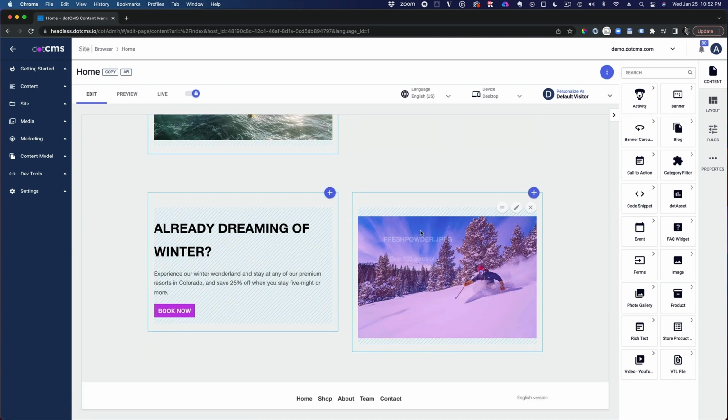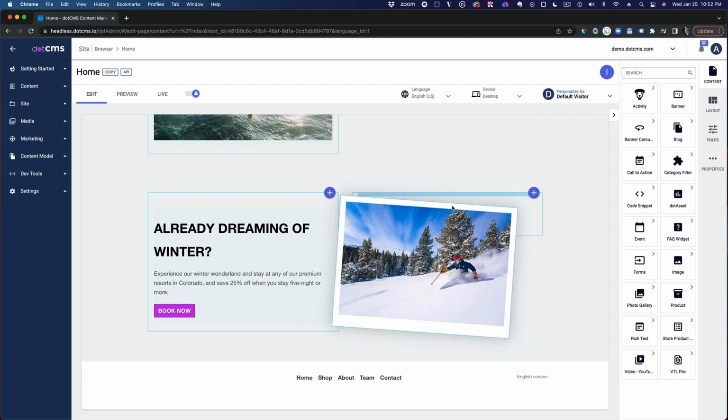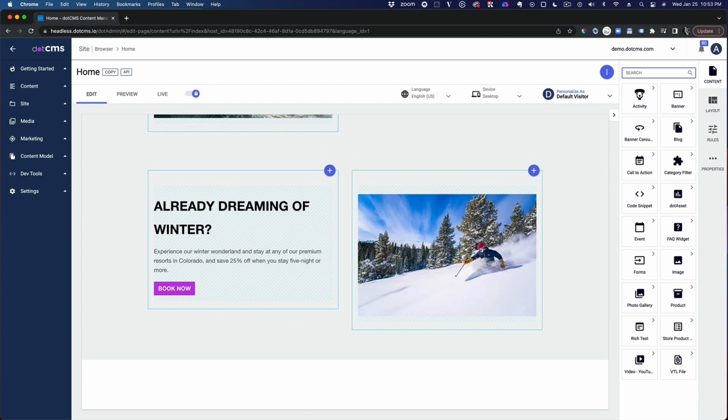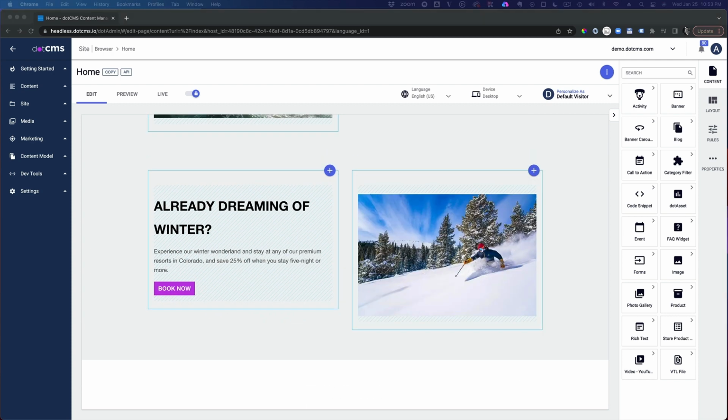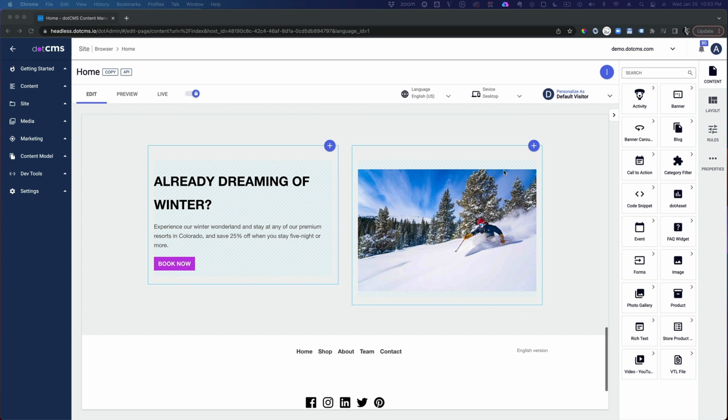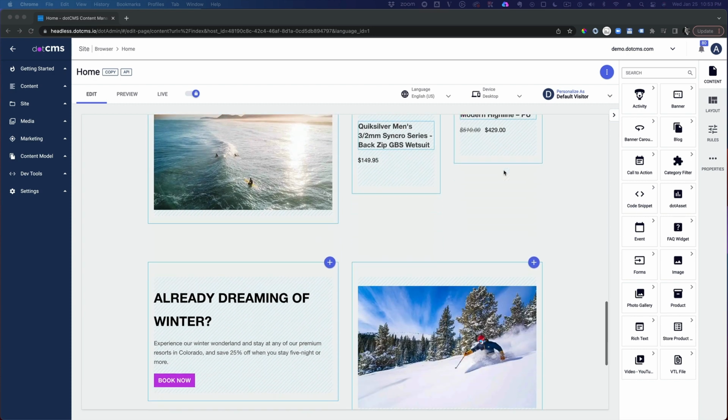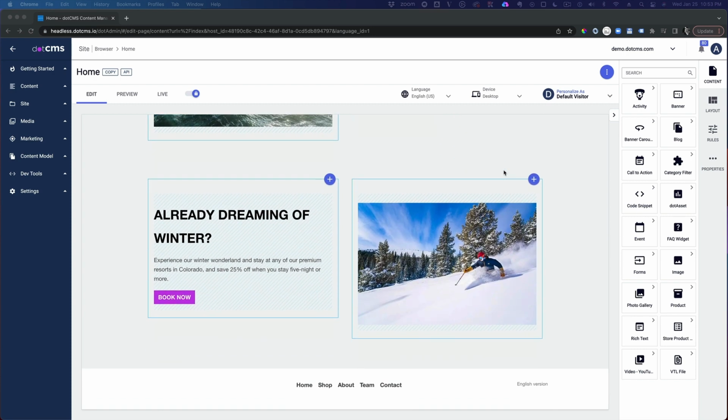Once again, I can drag and drop that around my page, do whatever I want, and it should automatically be responsive to the layout of the page, right? Makes sense. Okay, so now I'm going to handle some of that content